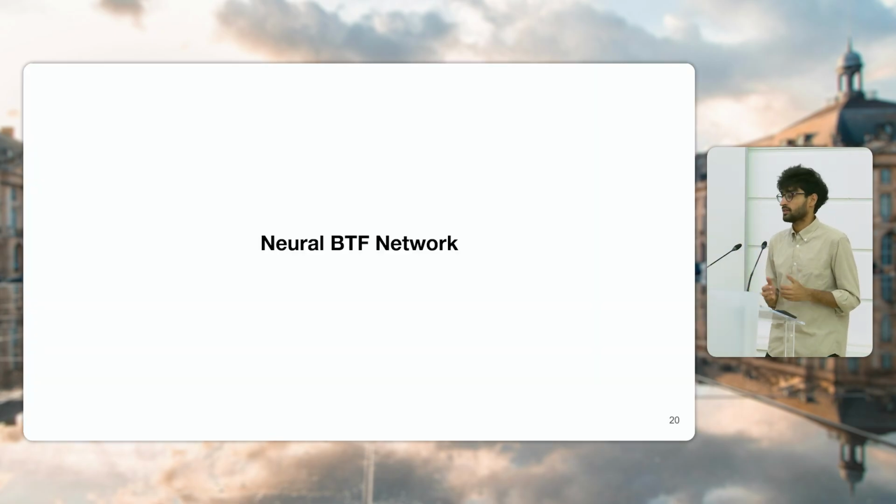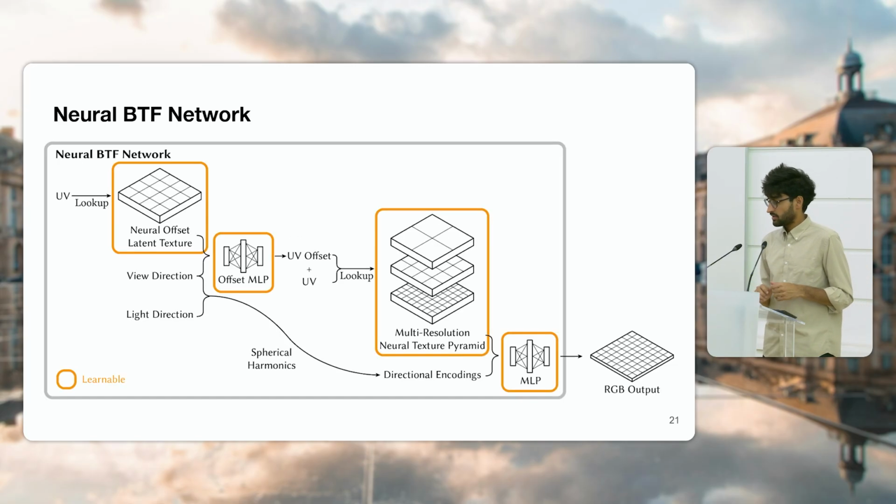As you might imagine, this is a large data set. Each raw capture requires about 50 gigabytes, and together with rectified images, it comes up to around 2 terabytes. And this motivates the next part of our pipeline, which is a compact neural representation. A BTF is basically a function that maps surface position and incoming light direction and outgoing view direction to RGB